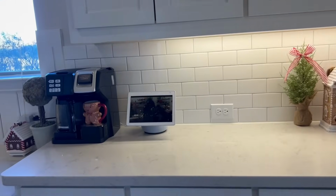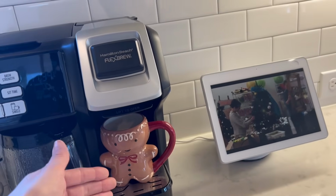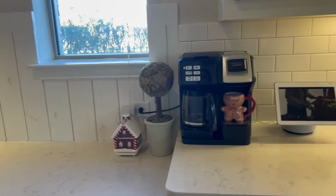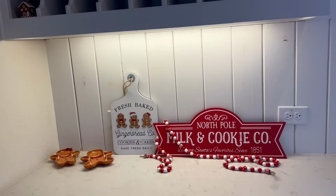Over here, we've got my little TV, which I love. Of course, my coffee maker. I'm just displaying a gingerbread mug. I picked that specifically just to give pops of gingerbread. But this is the area where I also struggled, and I'll go ahead and show you guys what I ended up doing. So this is my little,